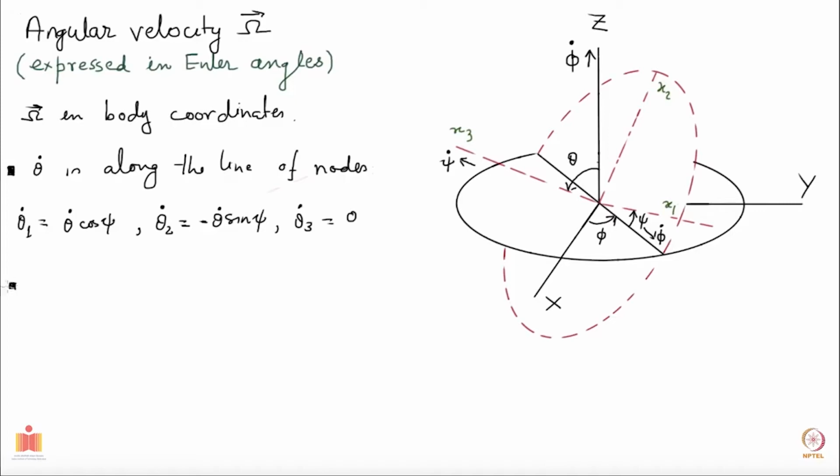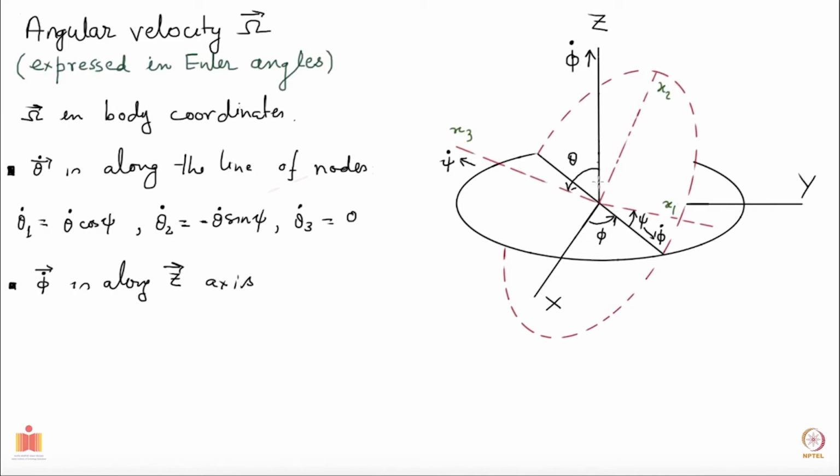Next, let's look at phi dot. I don't know why I put a vector here, it should have been on the top. So you can correct this one, you can write it just like this. Okay, so phi dot is along the capital Z axis. Remember, because the rotation was about capital Z. So, let's look at phi dot.